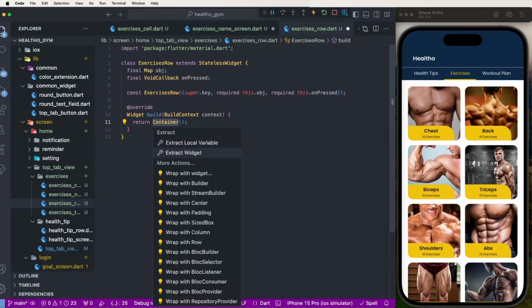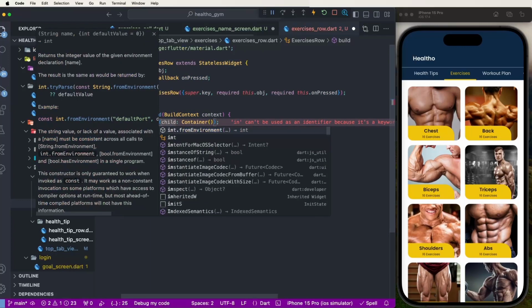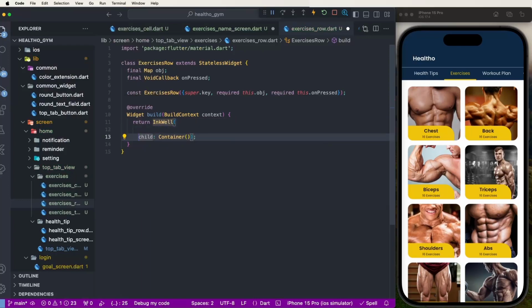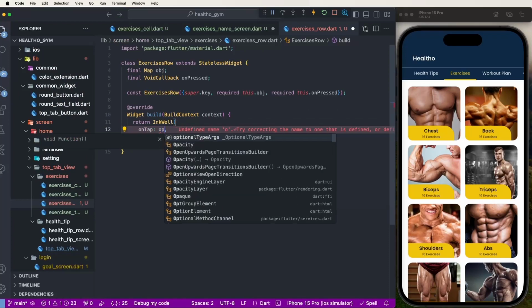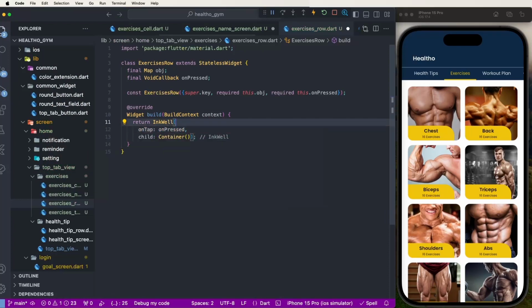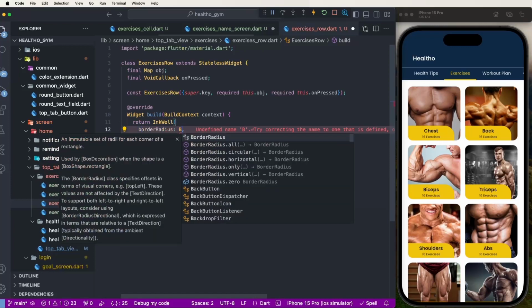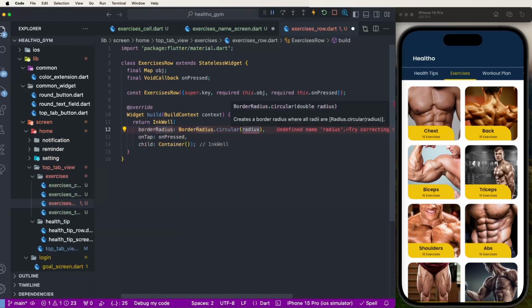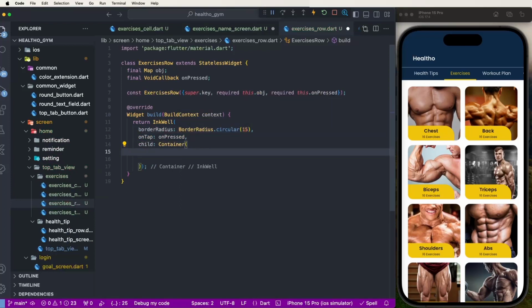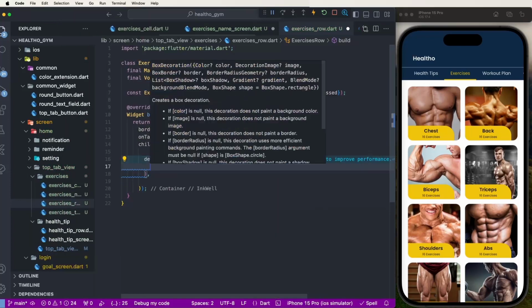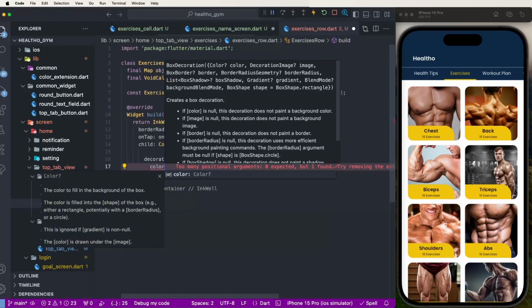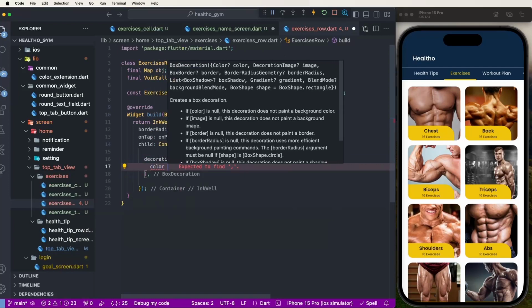Now I need to wrap the widget with an InkWell and set the onTap event. Use this as onPress, and also set the border radius, circular 15, like this. Now I need the decoration: set the BoxDecoration, set the color to the tab color,